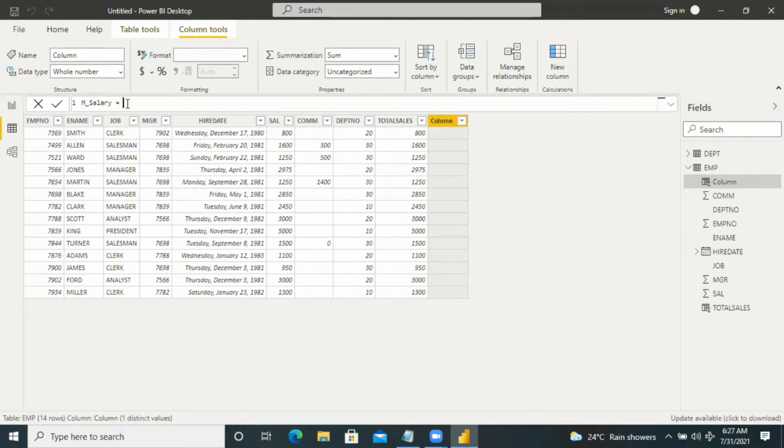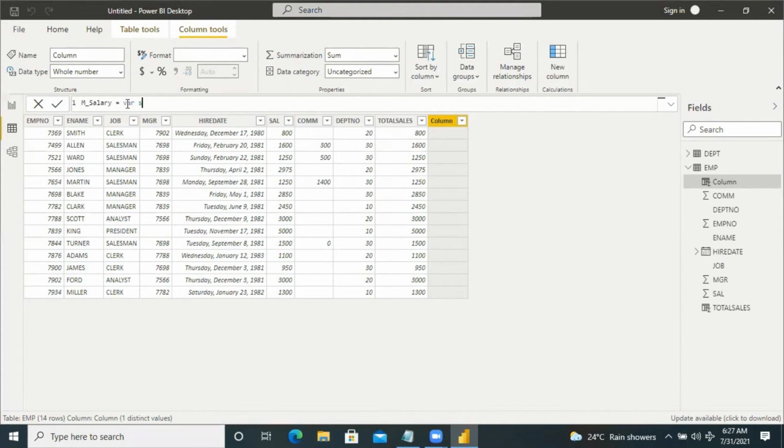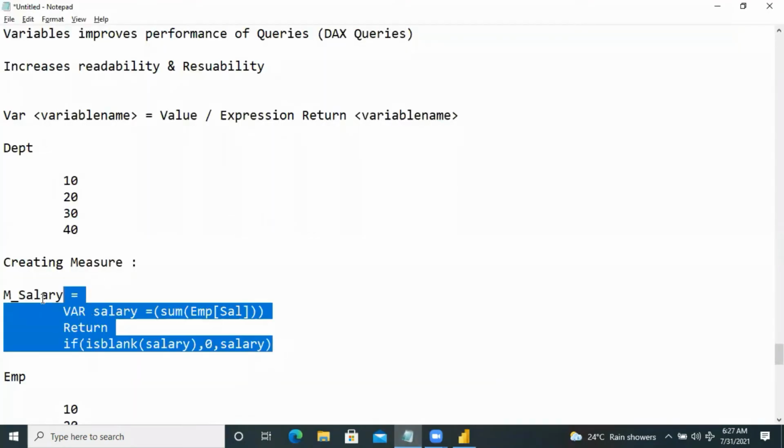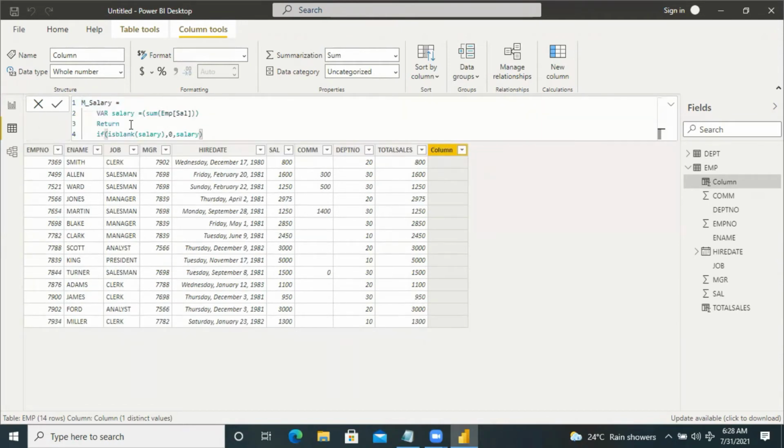To declare the variables, here I'm taking the VAR. Friends, here I'm taking VAR salary. Here I'm defining the variable here, or you can copy and paste. I'm having a keyboard issue, so yes, I'm copying the script here. Salary is the variable name, M salary is the column name, that is the measure, new measure.